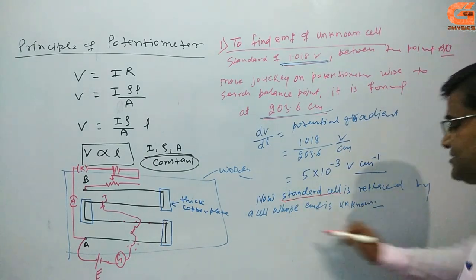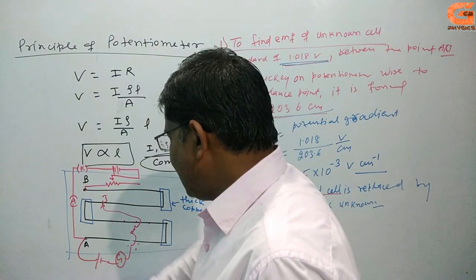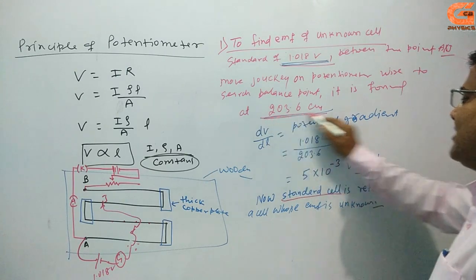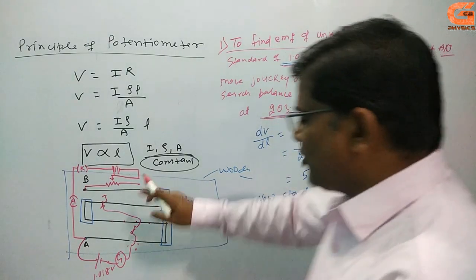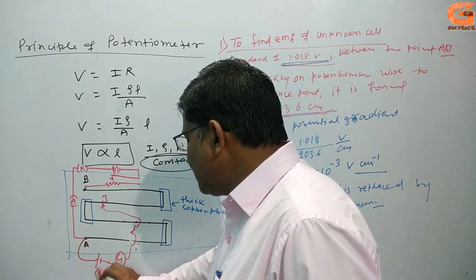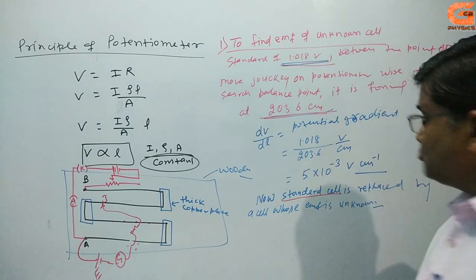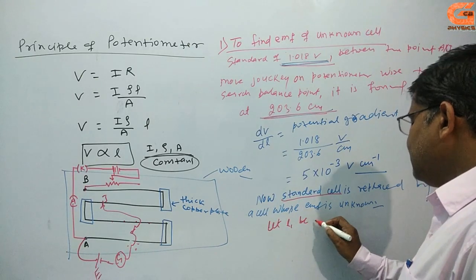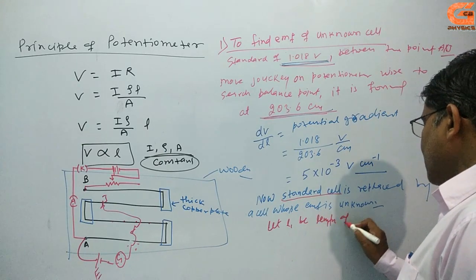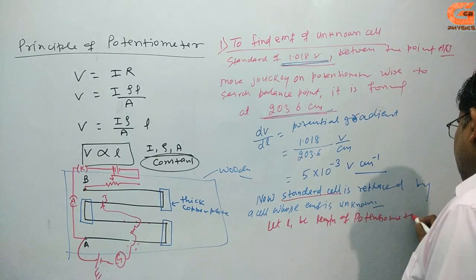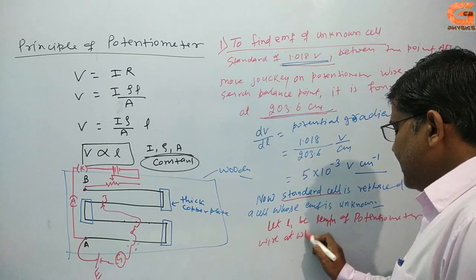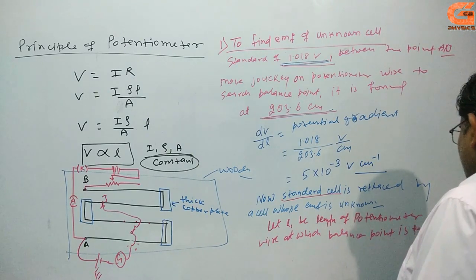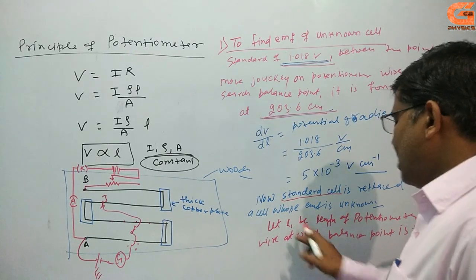अब क्या कर रहे हैं कि वो स्टैंडर्ड सेल को रिप्लेस कर रहे हैं, किससे, जिसका ईएमएफ निकालना है, जो अननोन है। ये तो पहले हम 1.018 वोल्ट का लिए थे शुरू में, जिसका लेंथ लिए हैं 203.6 सेंटीमीटर पे बैलेंस पॉइंट है। दूसरा केस में क्या करेंगे कि ईएमएफ जो अननोन था उसको लगा देंगे। अब लगा दिए तो कुछ ना कुछ लेंथ उसका आएगा, उसको मान लीजिए कि let L be the length of potentiometer wire at which balance point is found. है ना, वैसा लेंथ है जहां पे बैलेंस पॉइंट हमको मिल गया है, और उसका लेंथ क्या लिए हैं, L।